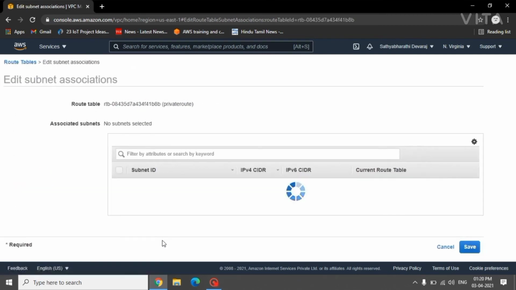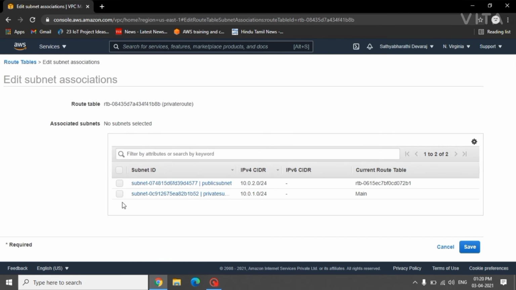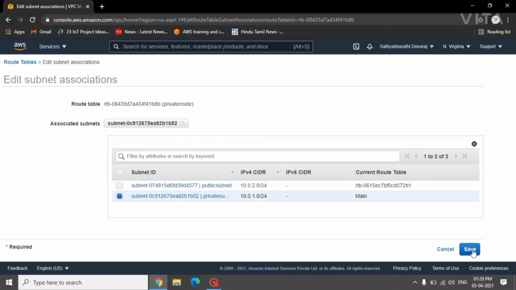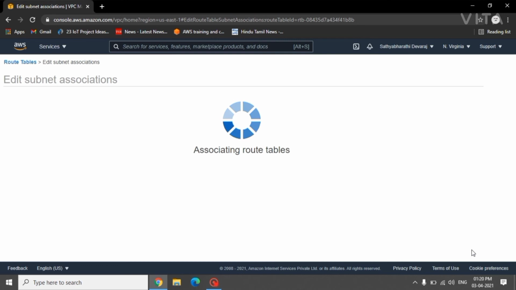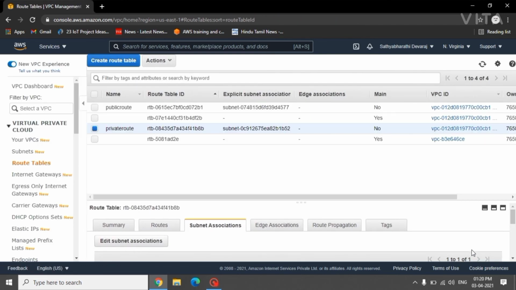Then select the private route table, go to subnet associations and edit the subnet association. So the VPC is created, then we have created subnets and route tables, then we have associated the subnets with the route tables. Now if we need to communicate over the internet, we need an internet gateway.